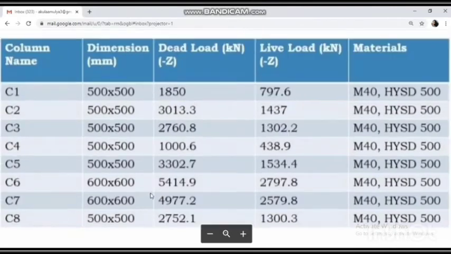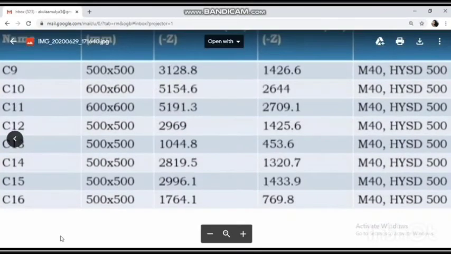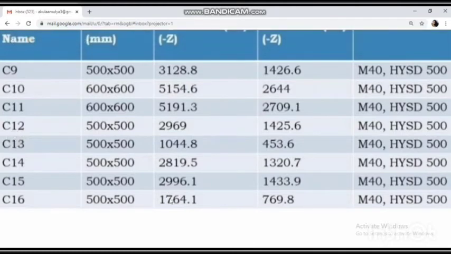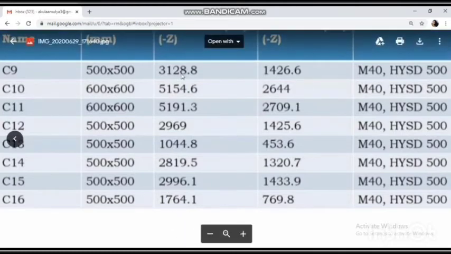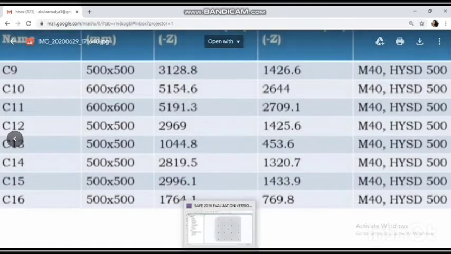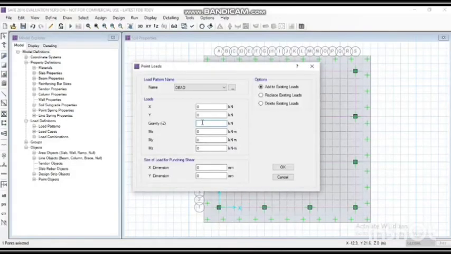For C1 column dead load is 1850. And strip of load of punching shear is 500 mm in x direction and 500 in y direction.